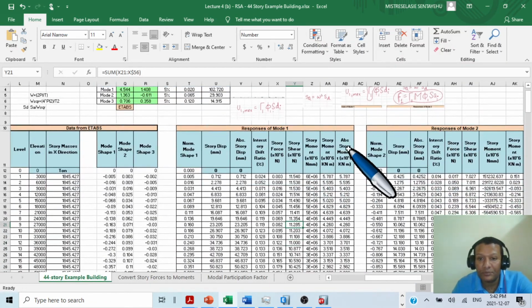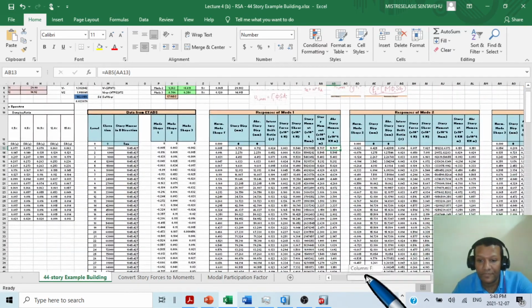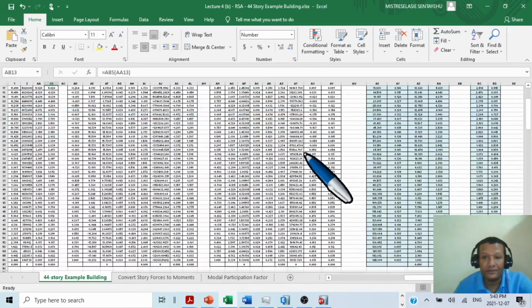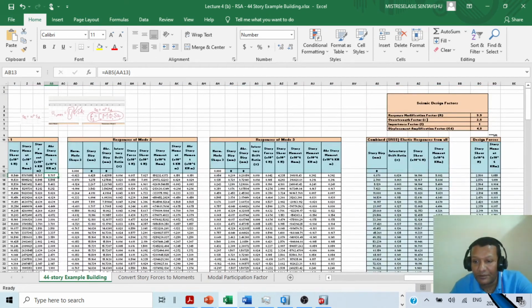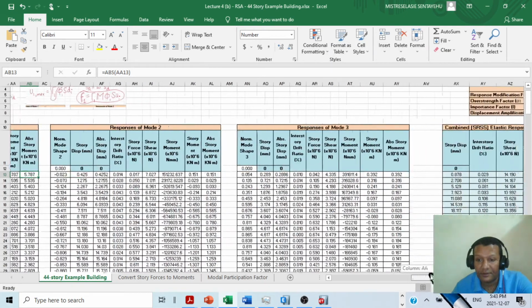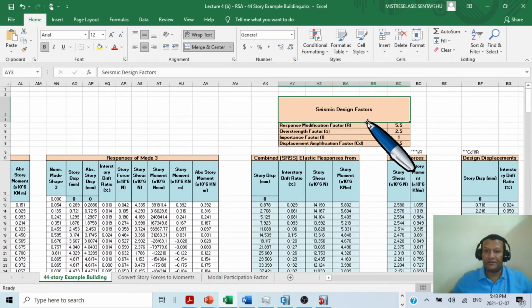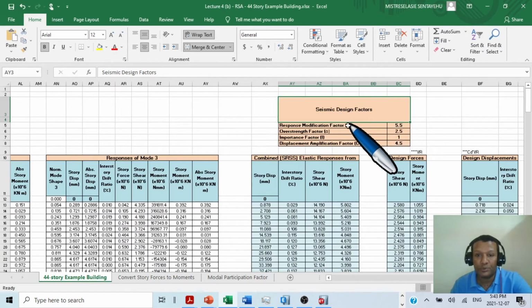Then the absolute story moment, we also make it positive. The same thing will be true for mode 2 and mode 3 as well. After that, if we use any specific code, we have the response modification factor, R factor, we have